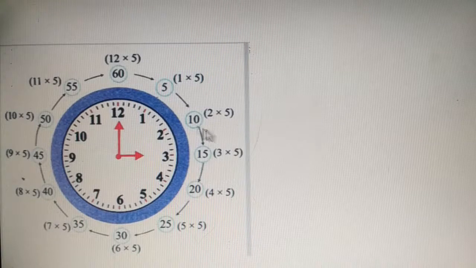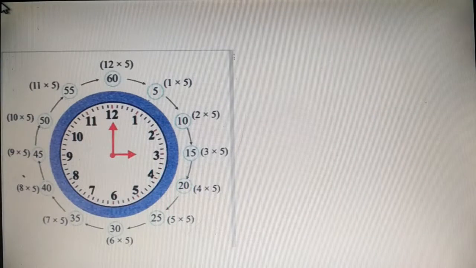So I hope you have got it: whichever number the minute hand is on, you multiply it by 5 and you will get the answer: 3:05, 3:10, 3:15 and so on. After that,